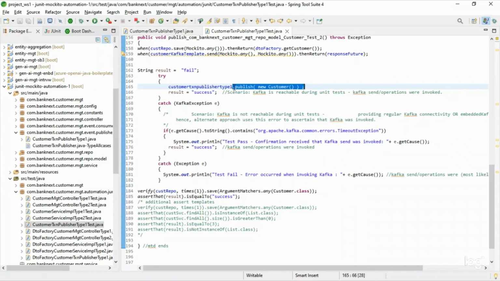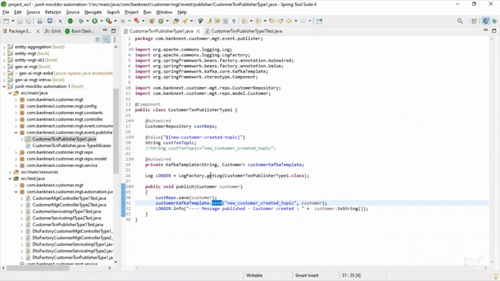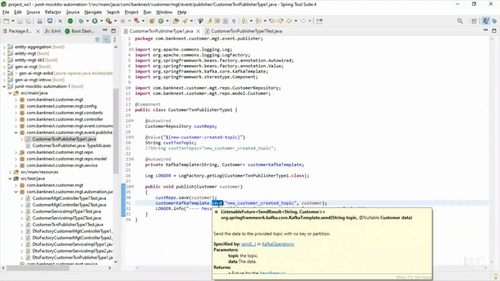You cannot just invoke this and expect a result to come and then check that particular output, because when we say publish, it hits this template, and when it hits this customer template.send, it actually sends the message to the broker and to the Kafka topic. So this kind of class requires